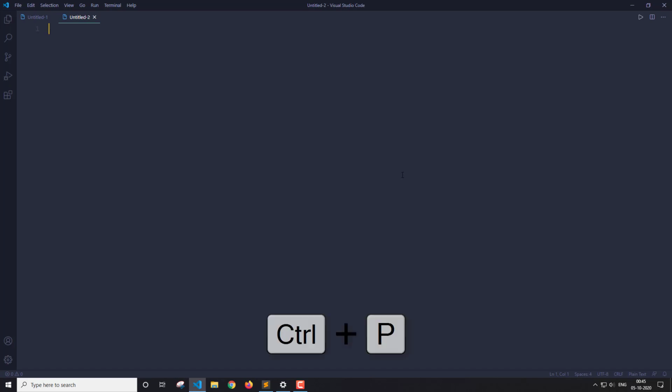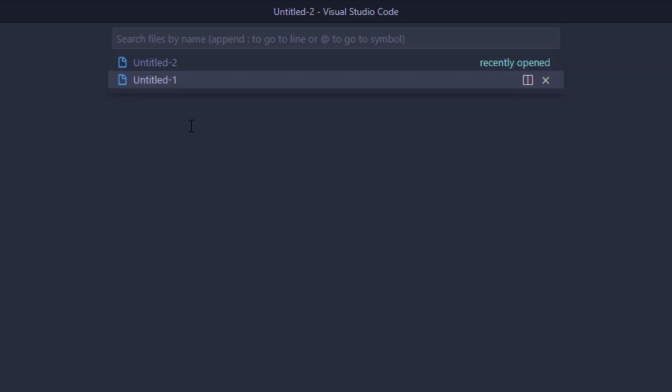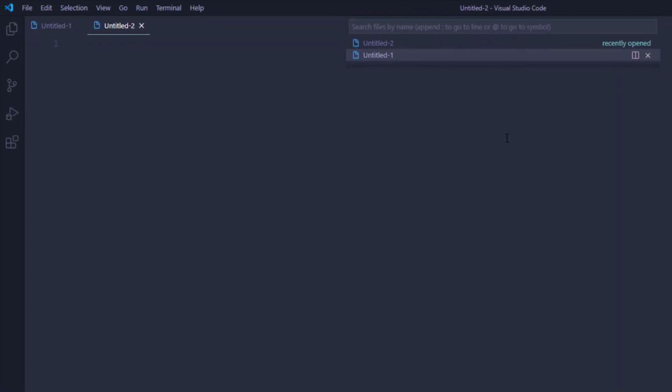So Ctrl P, and as you can see, it is showing me two options, two files. These two are my recently opened files. If I want, I can go to my first file, and if I want to go to the other file, I'll press Ctrl P and I can go like this. Right now it wouldn't seem any useful to you, but if you have more files, then this shortcut can come pretty handy.